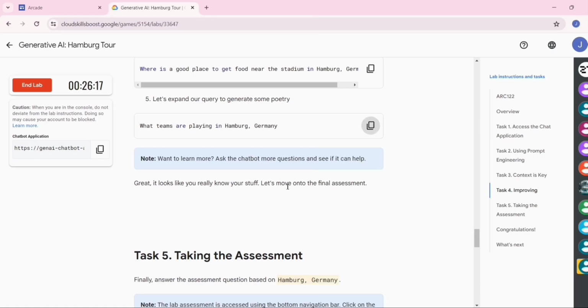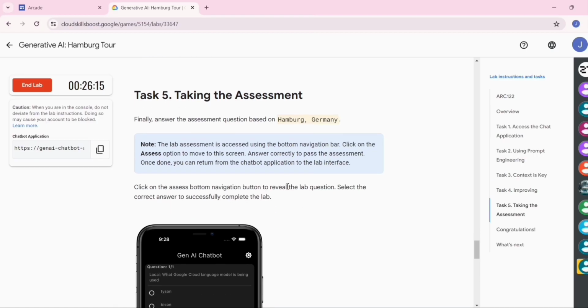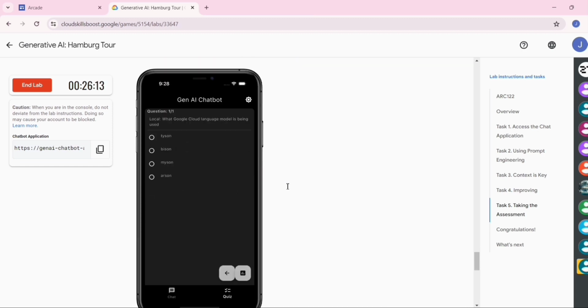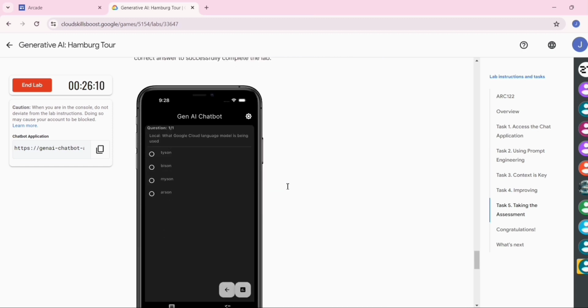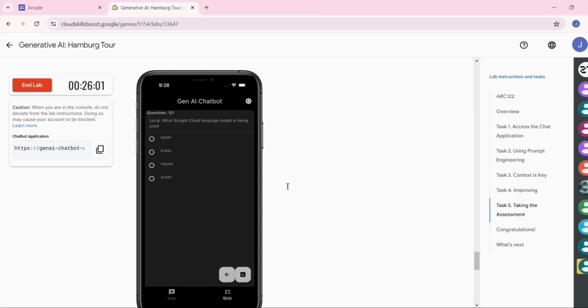Now go back to the task 5. Now we will be performing our task 5. For that, we just want to take the assessment. Finally, answer the assessment question based on the topic.